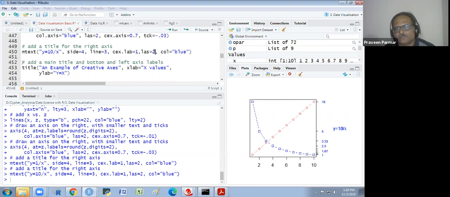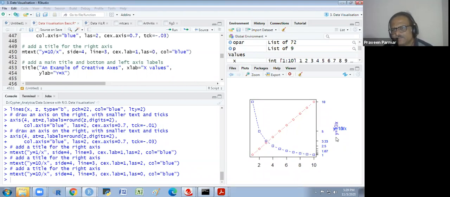Lace 2. If I write the lace 0, I think lace 1 or lace 0 is something like that. This is the lace 0. And this is the lace 2. Got it? Okay. So lace 0 and lace 2 only, two things are there, not in lace 1.